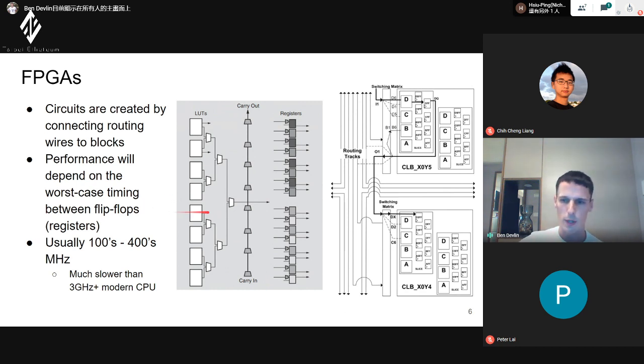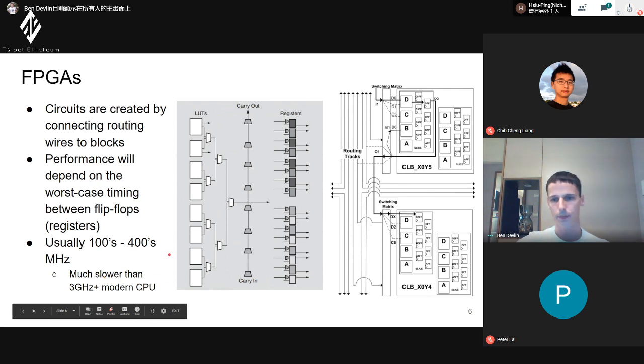What I wanted to point out here is that on a modern CPU you might have 3 gigahertz plus, but on an FPGA the clock frequency can maybe support 600, 700 megahertz. Because of your logic, you'll often see hundreds of megahertz. So when accelerating something on an FPGA, it's great that you have programmable hardware and can put whatever you want on it, but the disadvantage is a much slower clock frequency compared to a modern CPU.